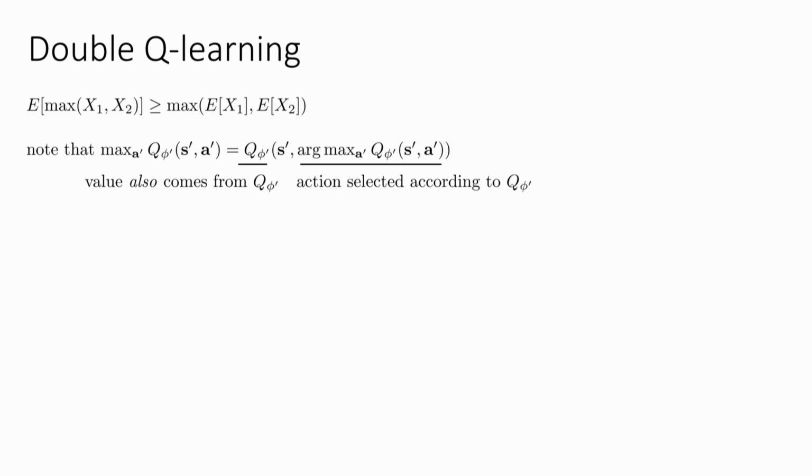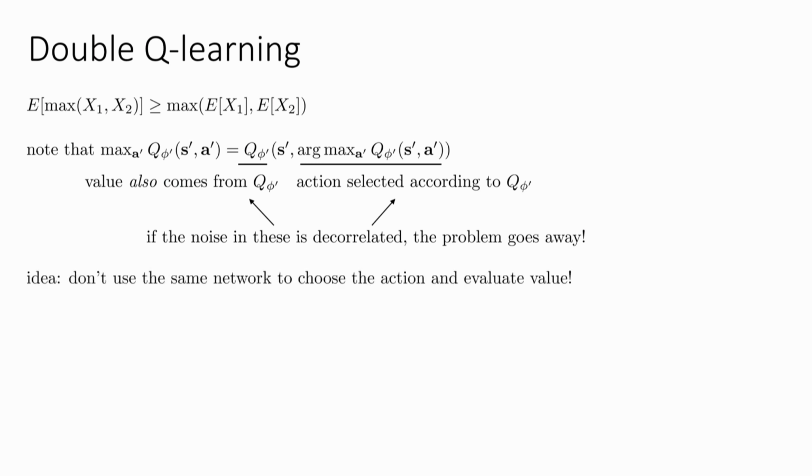So let's try to fix this problem. The problem inherently is due to the fact that the same noise affects the argmax and the value. So what if we could somehow decouple these? We can't have a perfect noiseless Q function because errors will always be there, but what if we can somehow get the numerical value in the Q function to have different errors than the argmax? So if we can somehow decorrelate those errors, the problem goes away.